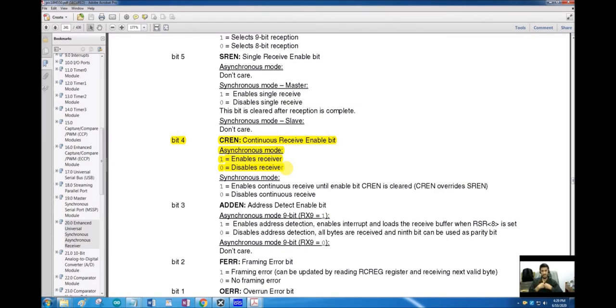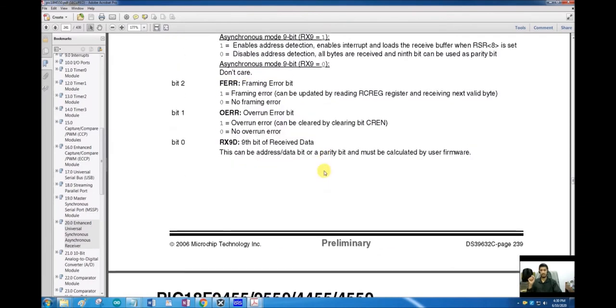But if we are not expecting to receive data, we have to disable it, because the reception is not initiated by my microcontroller. The reception is initiated by the second microcontroller that is sending the data. So if we are not expecting to receive anything, we have to disable it, otherwise some garbage data can be received. And especially when an interrupt is enabled for the serial port, that can result in a lot of errors in the code. So always disable CREN whenever you are not expecting to receive any data. When we are using it in the reception mode, we will enable this.